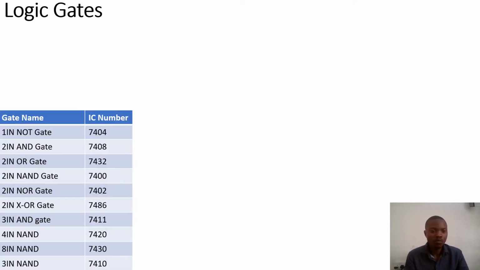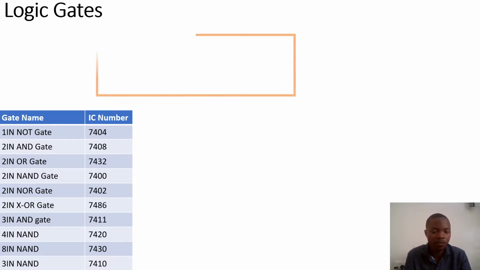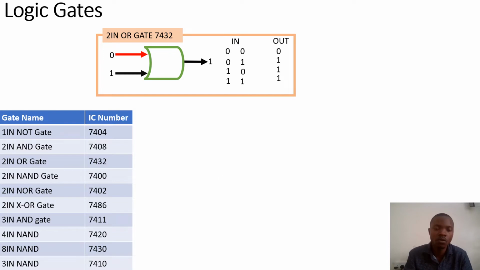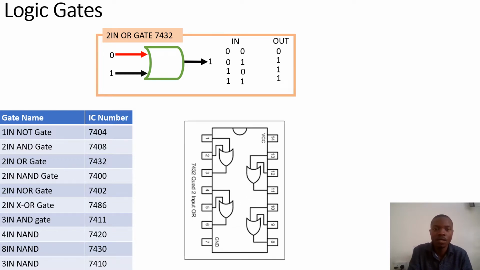Today we are going to look at another gate, which is an OR gate. An OR gate I see is 7432, and its symbol is just like that. And the truth table is, if we have a 0 or a 1, we get a 1. If we have a 0 or a 0, we get a